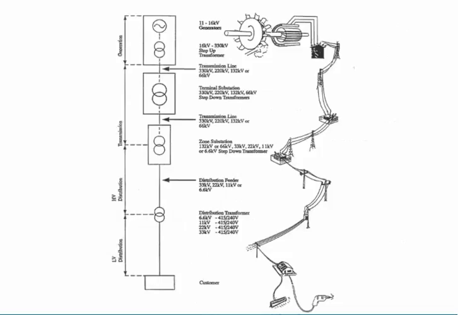So generators generate at medium voltage. You have a step-up transformer, stepping up to higher voltages. You have transmission lines, then a zone substation to step it down to sub-transmission voltages, and sub-transmission lines. Then you have your distribution substations and pole-mounted transformers, reducing to low voltage for houses and so on. So this is generation, transmission at higher voltages with a step-up transformer, sub-transmission, medium voltage, and low voltage distribution.